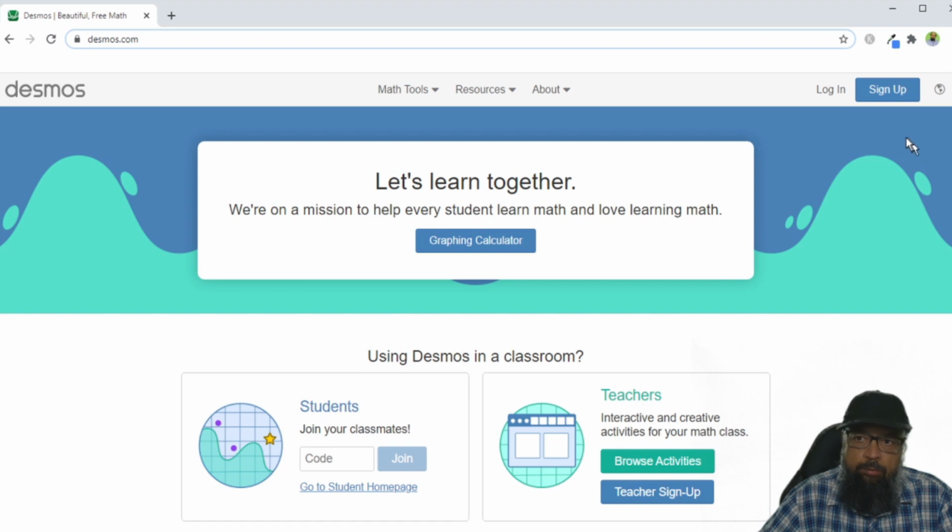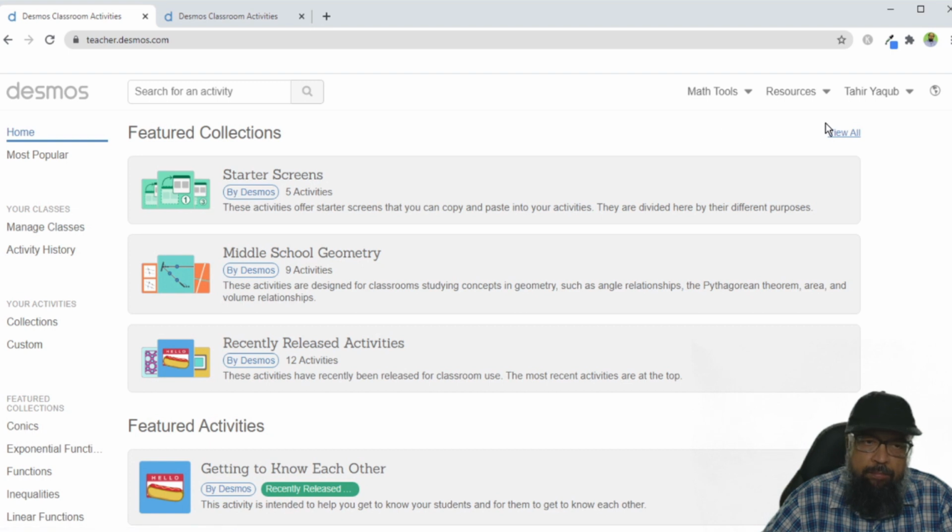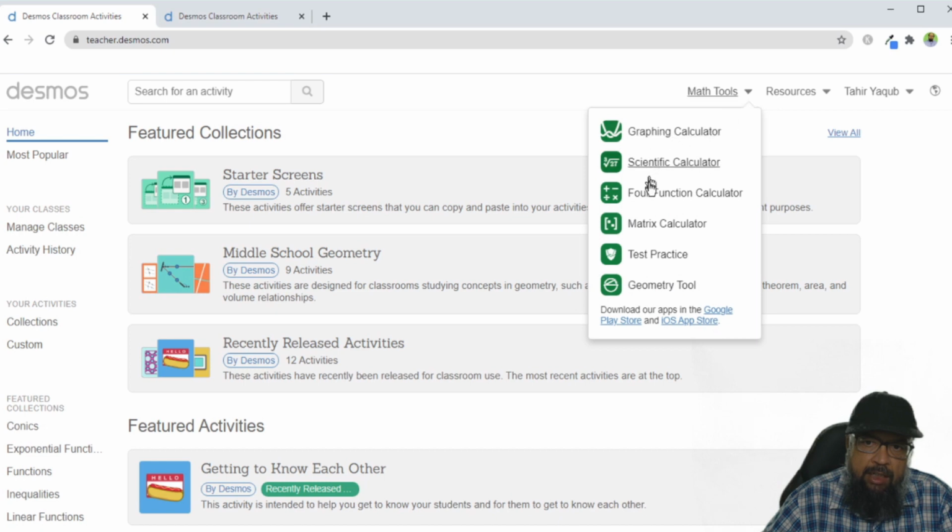Now, as a teacher, you have to sign up. You can also log in by using your Google account, and students can also log in by using their Google account. And now I have logged into my Desmos account as a teacher. So first let's have a look at some of the math tools available. As you can see, there are various math tools available. I have made other videos about math tools which you can watch, and those math tools are other than Desmos. We will discuss these Desmos math tools in one of the next videos, because in today's video we are only